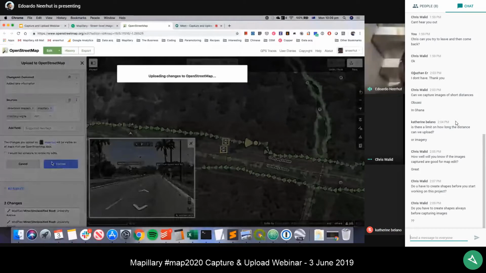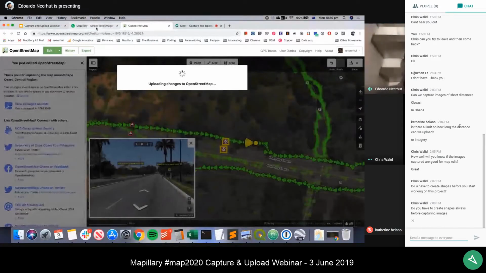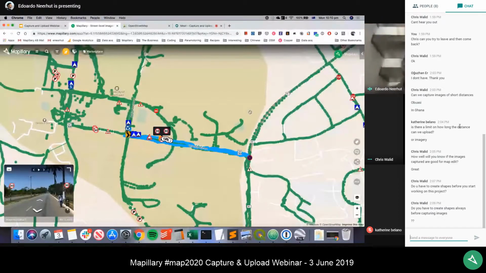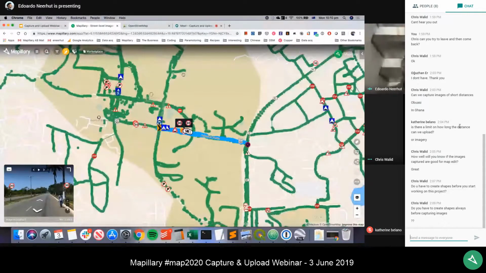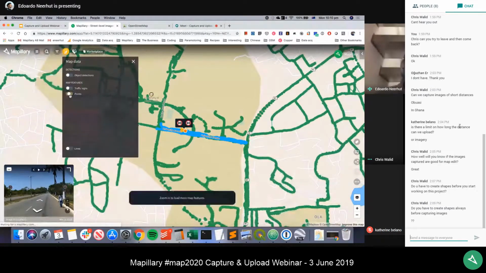So you might choose to do it for things like traffic signs. You might choose to do it for things like crosswalks or bike lanes. It really comes down to your projects, and you've all had really good ideas on how to use street level imagery. So take a look at everything here. There's traffic signs. There's also point features that's probably more relevant, things like fire hydrants.